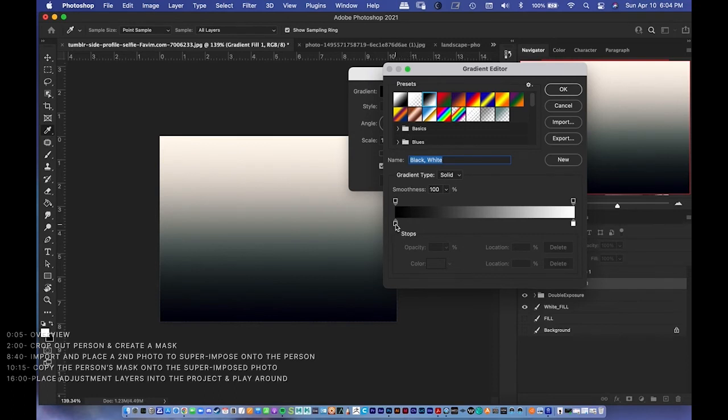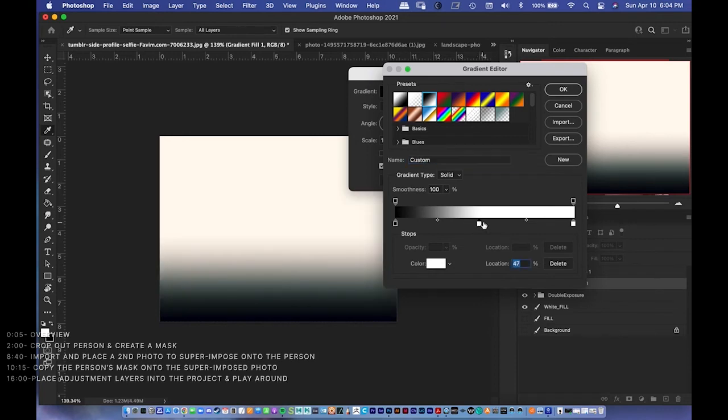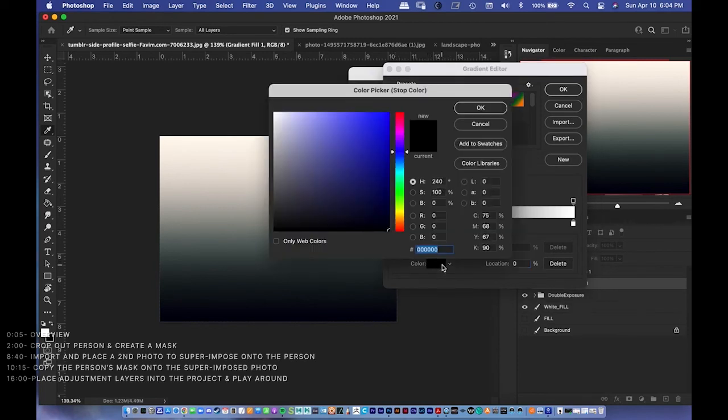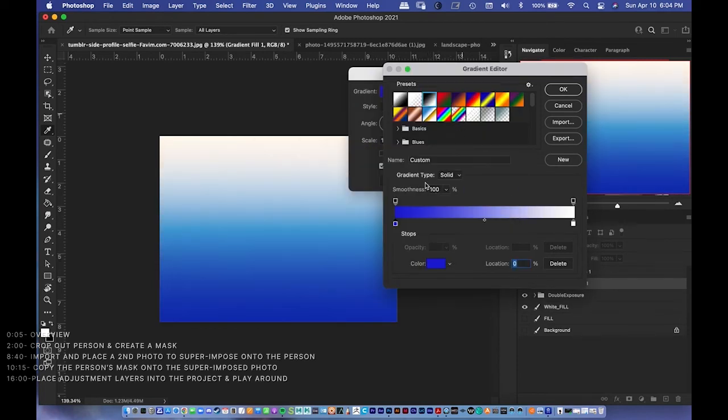So that's the easiest way to invert it, but I want to show you this technique. We can customize the gradient by clicking on these little markers right here, and you can add your own by just clicking right there. So I can click right here, the color's black. I can click on the color and make it purple or something like that. If I want to change this one to yellow, I just click right there,